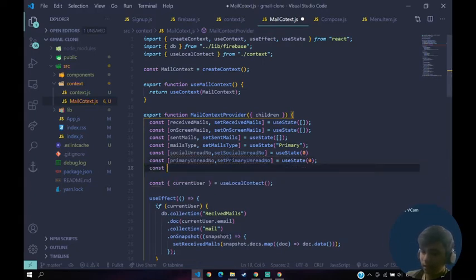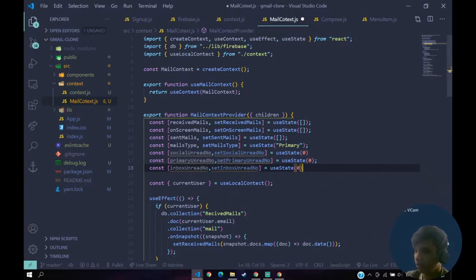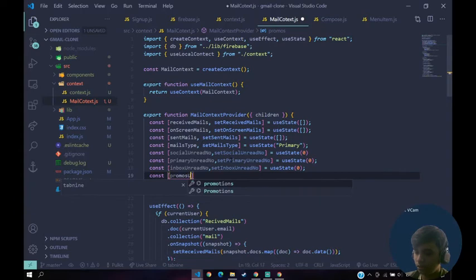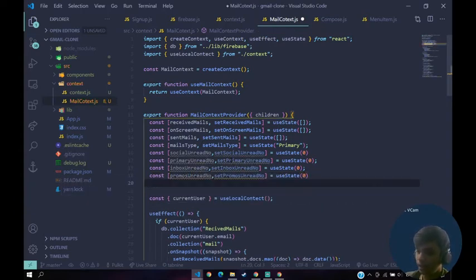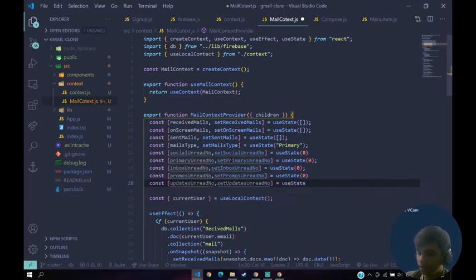Then const inbox unread number set to 0 initially, and then updates const promotion unread number set to 0 initially, and the last one is const updates unread number, useState of initial 0, right?